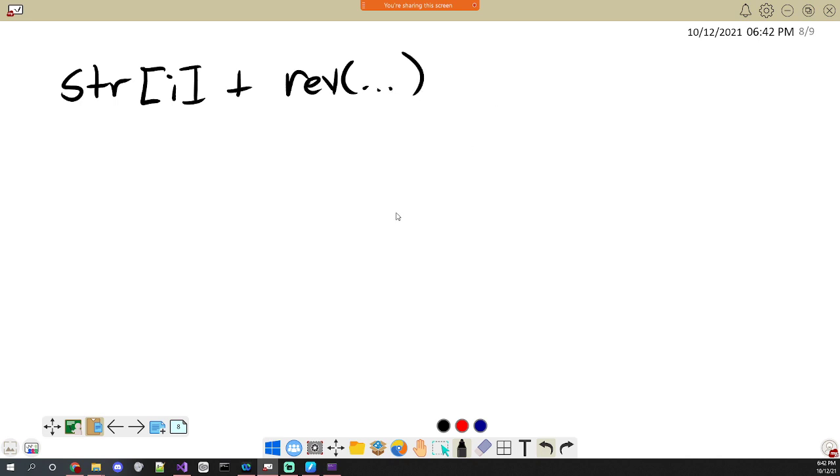Is the order in which the functions are called. It doesn't really matter here, but it could matter if we had more complex things. So for one of these, we had string plus the function call. I'm just going to call it rev, so I don't have to write out all that stuff, and then whatever parameters. And then the other one we had was string sub I. The other way around would be the function call for the head version